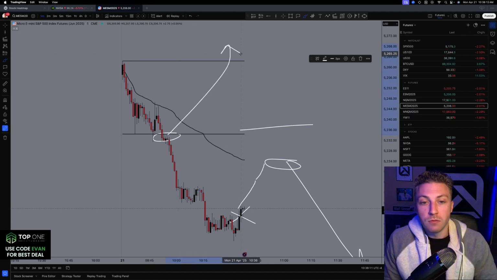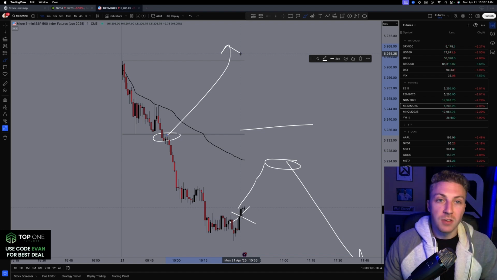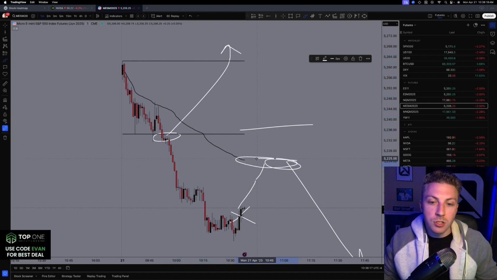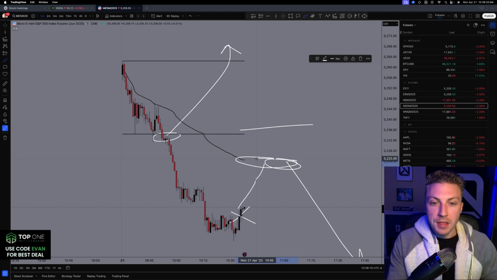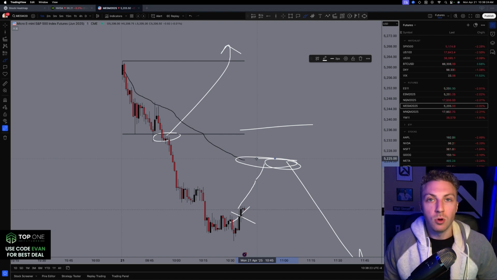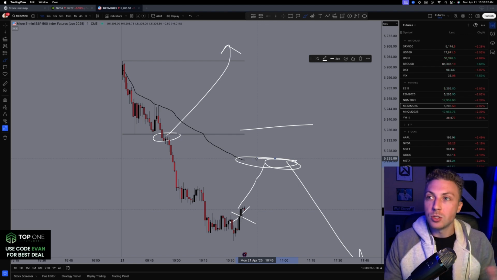So now that's going to keep me looking for shorts. I know my best favorable place to look for shorts is off of this New York VWAP. So now all I have to do is wait. If it can do that, then I'll capitalize on a short. If it doesn't want to pull back like that, I'll wait for the next pullback or off the next key level of maybe the initial bounce, which was set 8 minutes ago, all right?